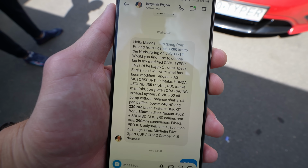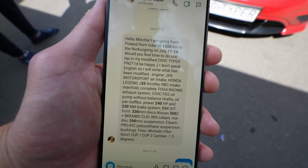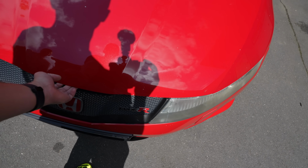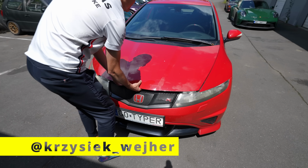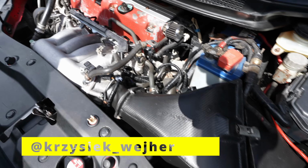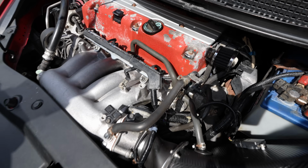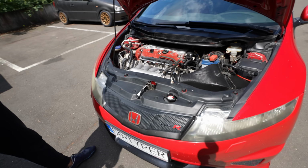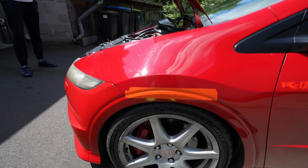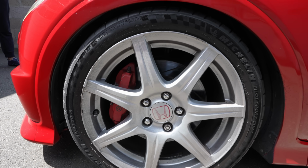Here's the model list, so you can pause the video and read everything about it. But we can look under the bonnet and see more about it. Can you open it, please? Yeah, so we have the carbon fiber intake, we have a couple more mods. And for the rest, it's a good, reliable K20, and it runs on Cup 2 tires, Nissan 350Z